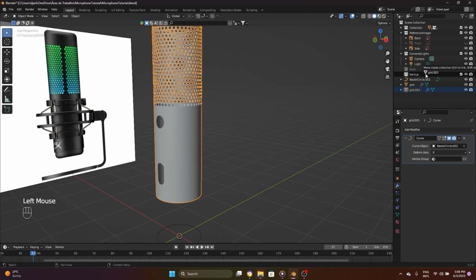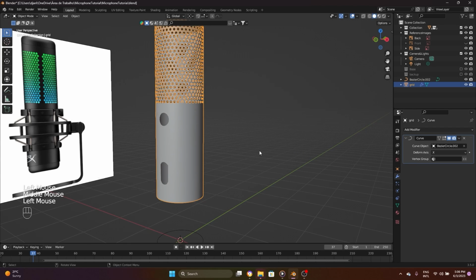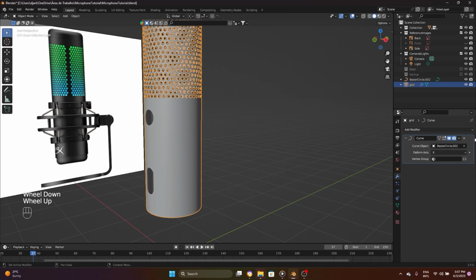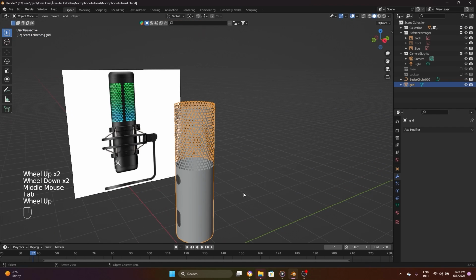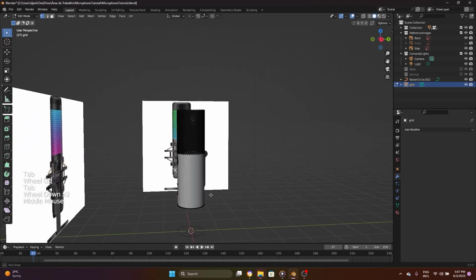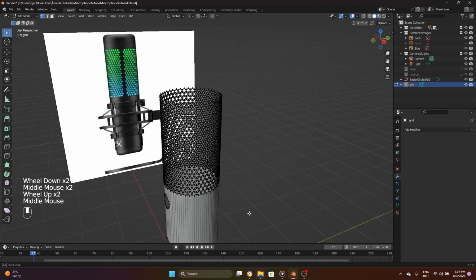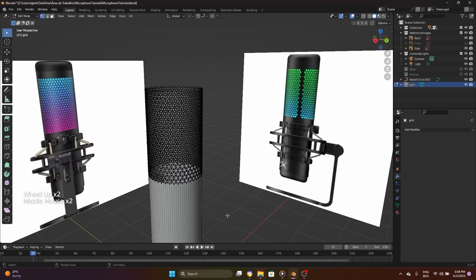I'm gonna drag my backup mesh inside it. And now finally we can apply our curve modifier. And if we go back to edit mode, we can see we have our microphone in the cylindrical shape that